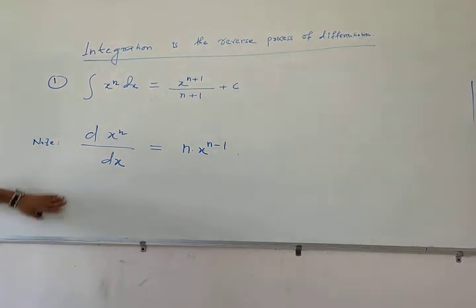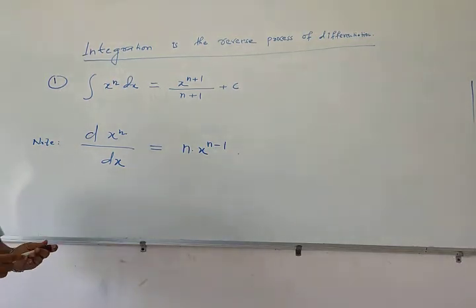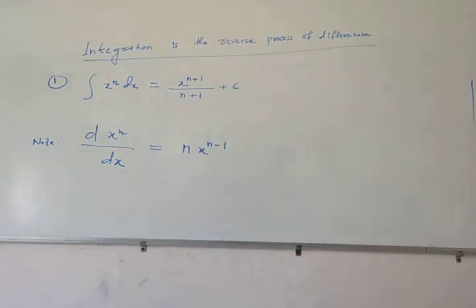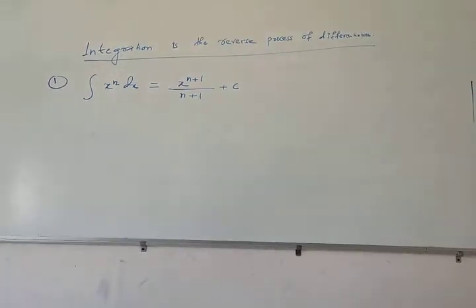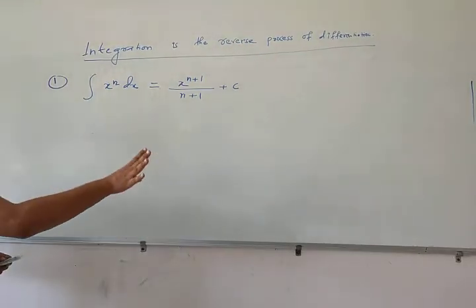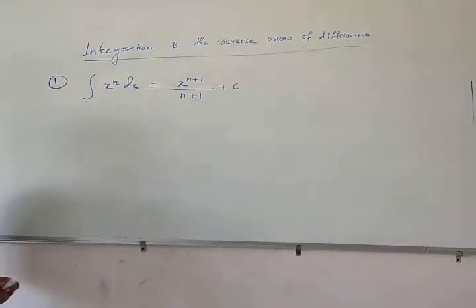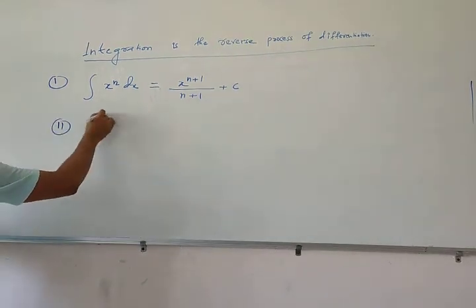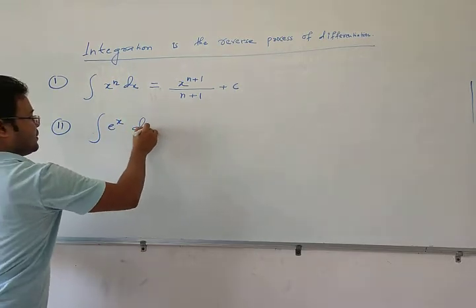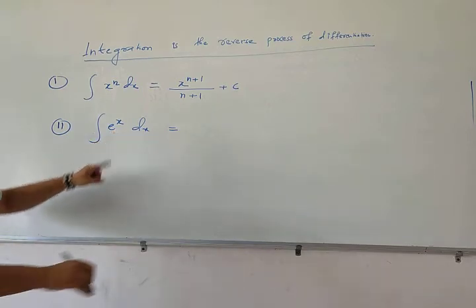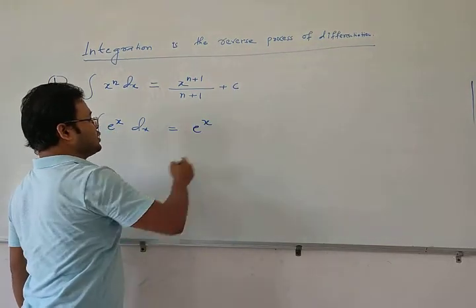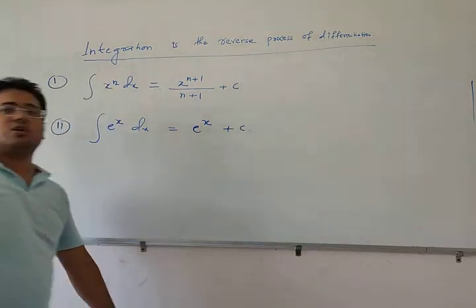So now we see the next formulae for the indefinite integration. And all these formulae which we are going to discuss are written on this basis. And the basis is what? Basis is integration is the reverse process of differentiation. So let us see number 2. Integration of e to the power x with respect to x. We know that differentiation of e to the power x is e to the power x. Therefore, its integration is also e to the power x. And lastly, we can write the constant of integration.